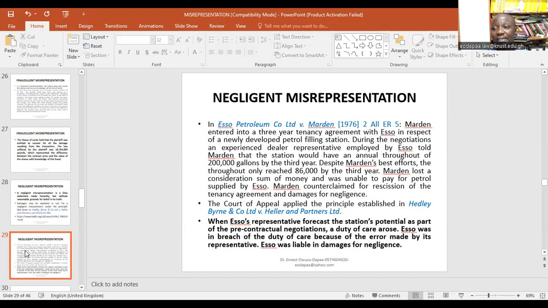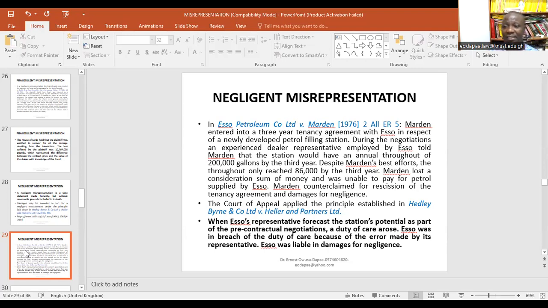That is to say that the maker of that statement had a duty of care, an obligation to ensure reasonable care that the statement he was making would be accurate and would not contain any error, as it were. And for that matter,